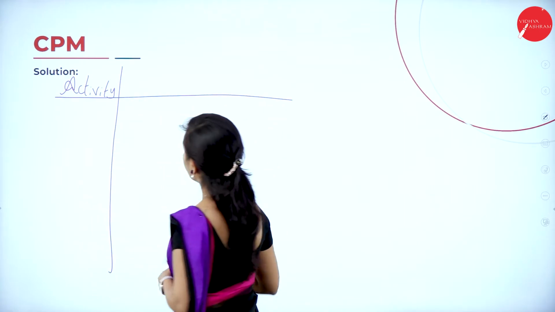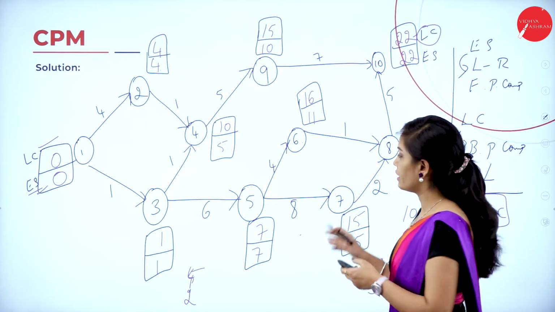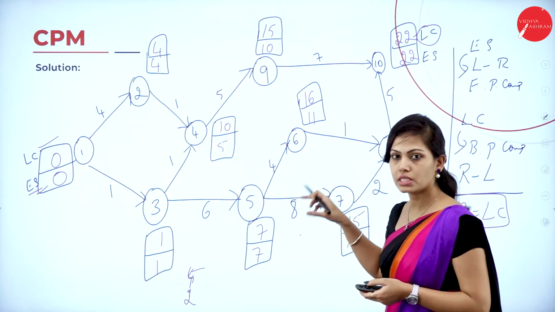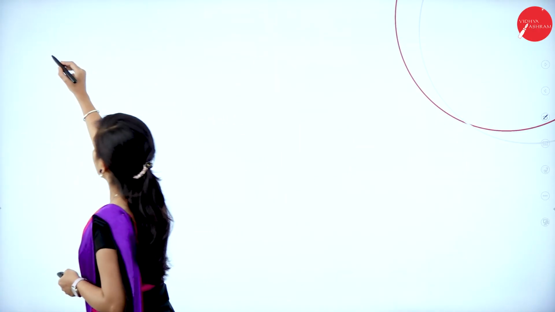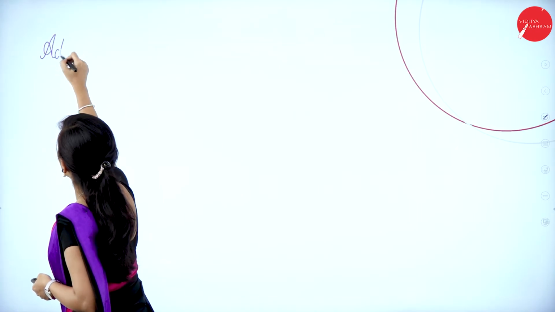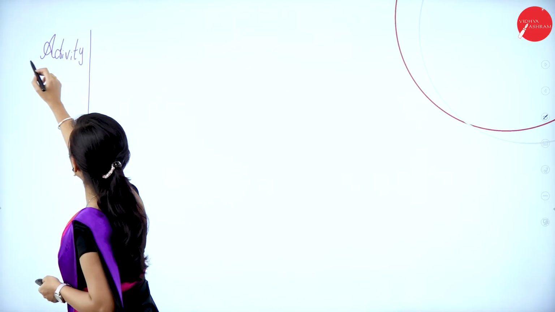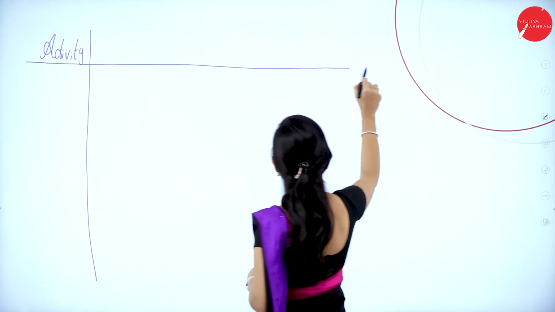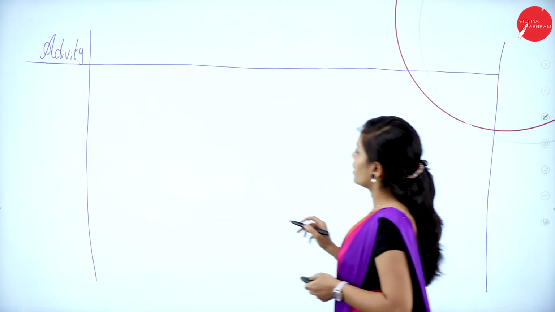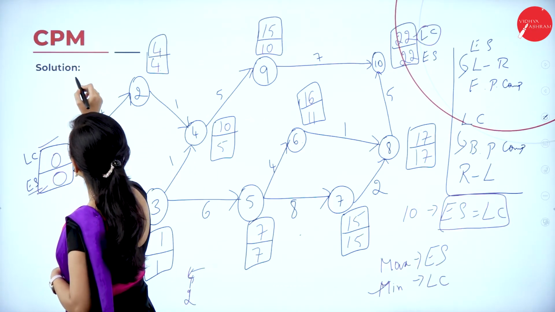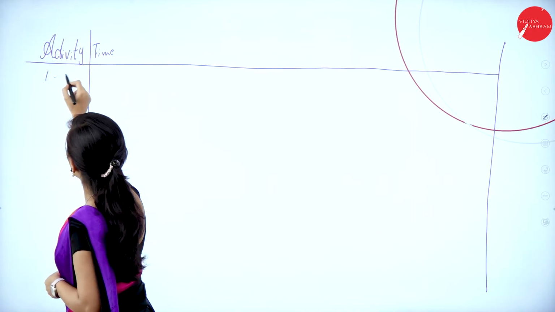List all the activities here. The next step is to find the CPM, that is the critical path, for this network diagram. So you have to write the table. The first column is activity. List all the given activities and time. So here the activities are 1 to 2